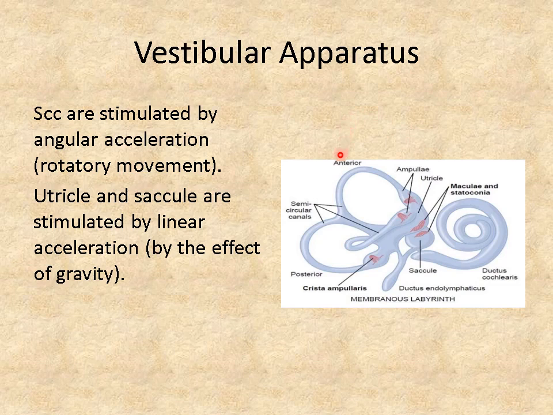The vestibular apparatus, as we said, is composed of the semicircular canals, 3 semicircular canals lying perpendicular to each other, and the otolith organ. The otolith organ is the utricle and the saccule. At the end of each semicircular canal, there is a dilated end. We call it the ampulla. Inside the ampulla, the receptor called the crista ampullaris is located. The crista ampullaris is the receptor for angular acceleration, responsible for detecting rotatory